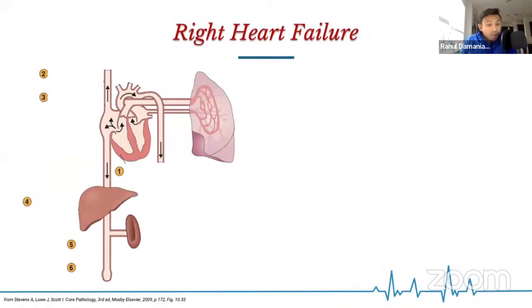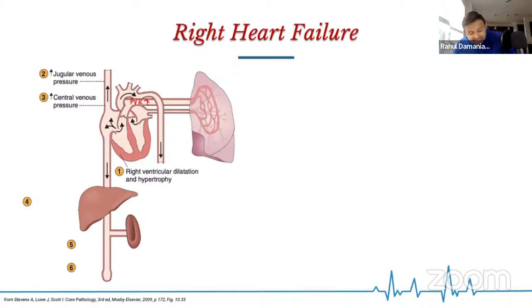So let's go through the pathophysiology of right heart failure in a little bit more detail. Remember that you have right ventricular dilation and hypertrophy. So your RV becomes very, very sick. Why? Because sometimes the pulmonary valve is going to be very stenosed, or the patient is going to have increased pulmonary vascular resistance. And if your pulmonary vascular resistance, PVR, is very elevated, your RV is going to have increased amounts of afterload and can't get that blood into the pulmonary artery. So where does all that blood go? Well, all that blood backs up into the right atrium.